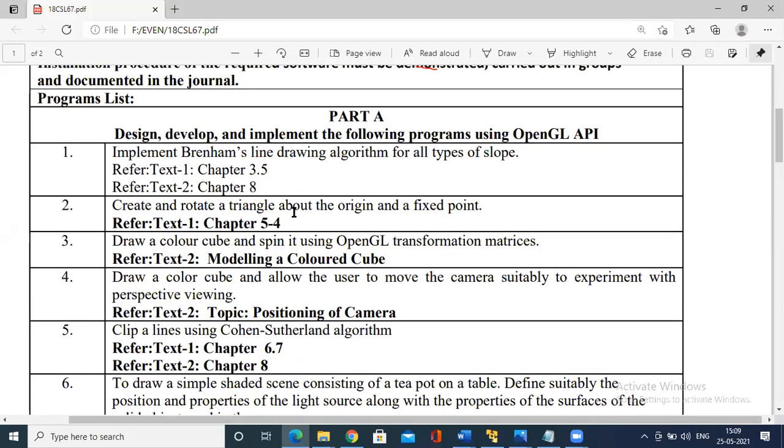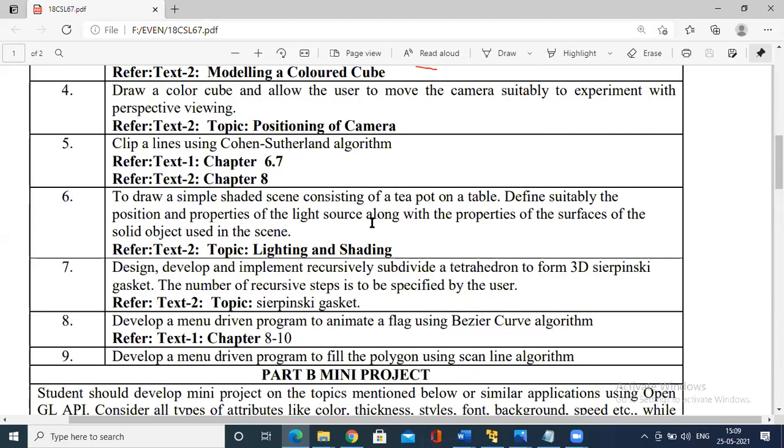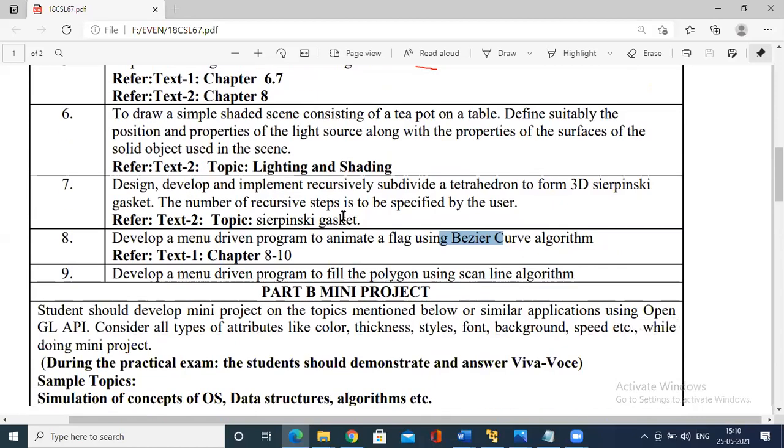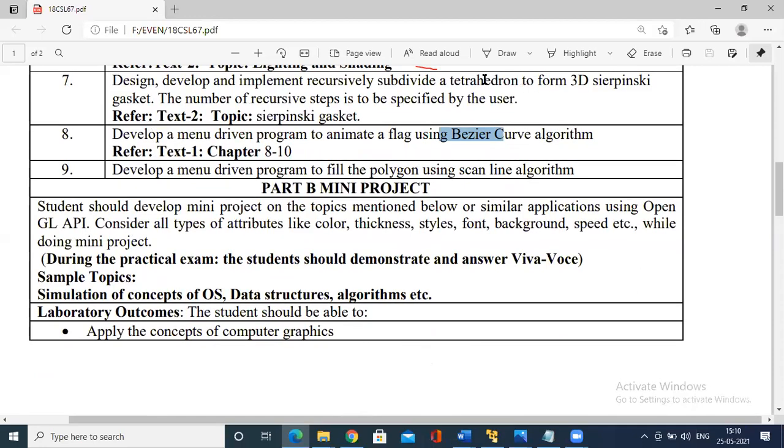So next, it is a very simple rotation, which could be completed: rotation of a triangle. This is using transformations, the rotation matrix, right? An easy program. Then we have scanline fill. Even this has been completed theoretically. The problem has been covered, and a scanline problem may be given in the internal. Then we have the Liang-Barsky, Bezier curve, teapot program, and Cohen Sutherland, and the evaluation of a project. Okay, so be serious and do it.